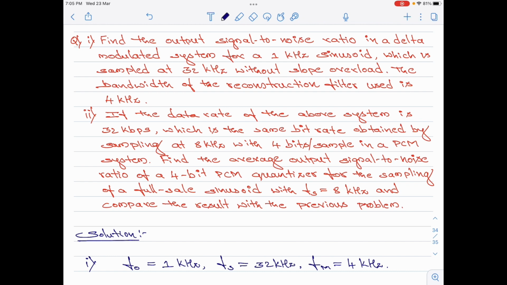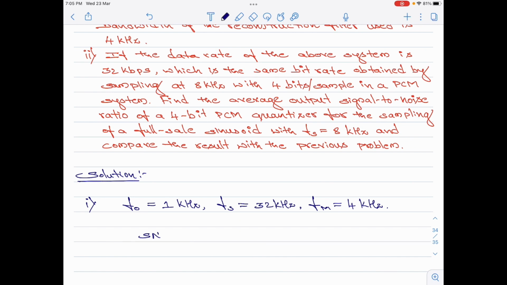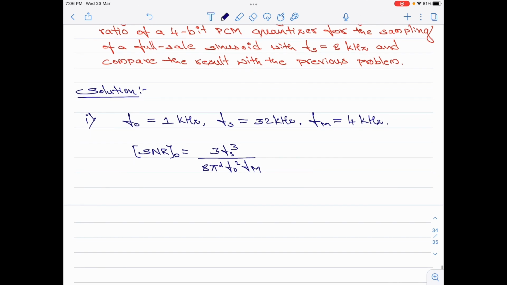As per part 1, the output signal to noise ratio of a delta modulated system with no slope overload is given by SNR output equals 3 Fs cube divided by 8 pi square F0 square Fm. I have derived this expression in my previous video. I would like you to kindly refer to that video. So, let us substitute the values of F0, Fs and Fm here. SNR output is equal to